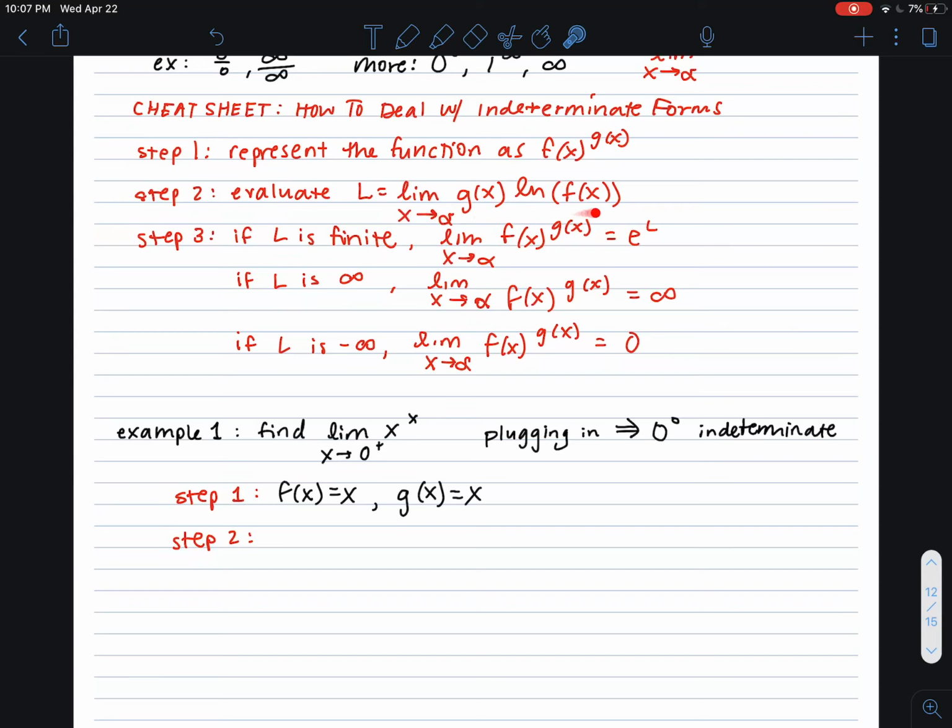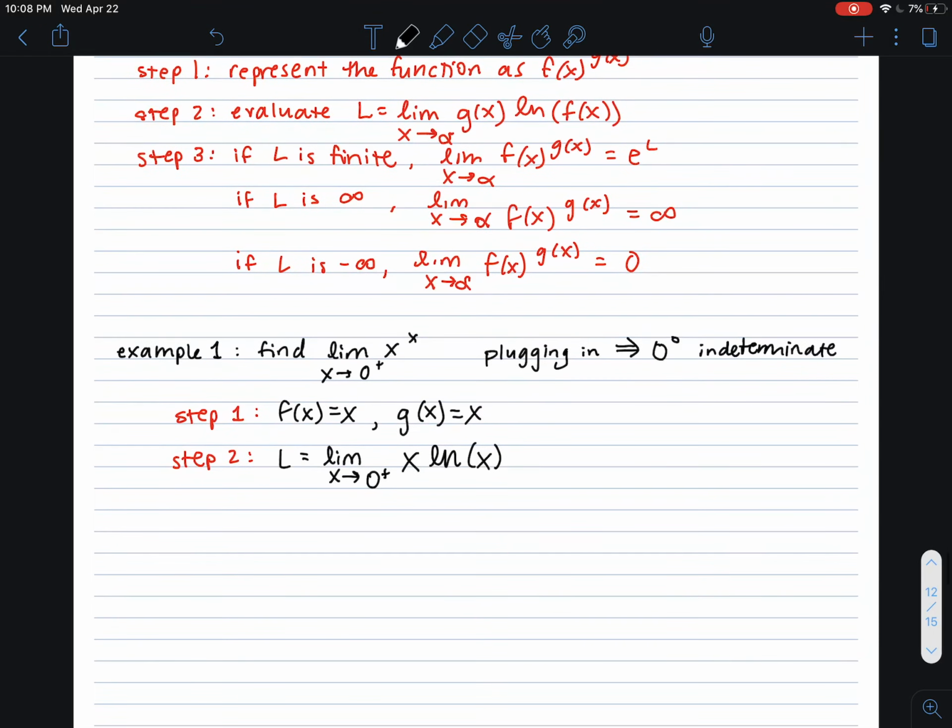Step 2 says to evaluate this limit. If we write that out, it's the limit as x approaches alpha, where alpha is just whatever we were originally taking our limit of in the first place. And we have the limit as x approaches 0 from the positive side of g of x, which we know is just x, times the natural log of f of x, which again is just x. So if we plug this in,